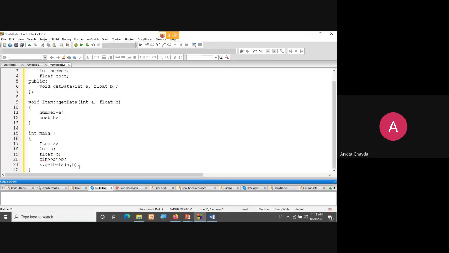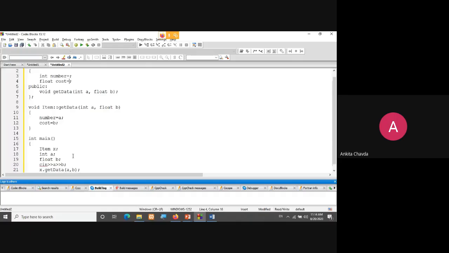I've called my function with my values a and b, and inside this function, number is equal to a, cost is equal to b. So ultimately my number and cost will have whatever the user has entered. Say suppose the user has entered integer a equal to 10 and float b equal to 20.5.